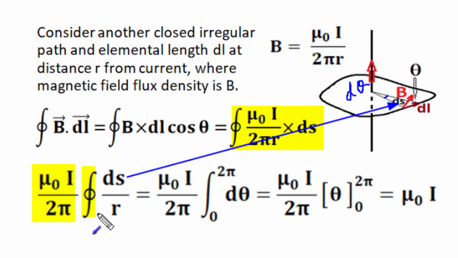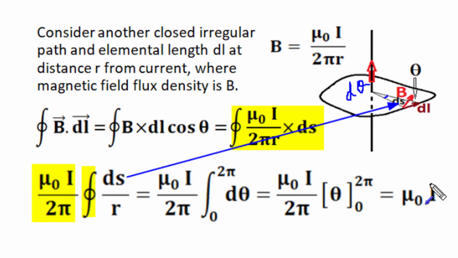So this is the closed integration of d theta by this irregular boundary considered by us, and any closed boundary produces a limit of 0 to 2 pi in one enclosure around this position. So this is the integration of elemental angle in limit 0 to 2 pi. Integration of elemental angle is angle, and when we take limit 2 pi and 0, this becomes 2 pi, which gets cancelled by 2 pi, and our result will become the closed line integral of magnetic field flux density is mu 0 times